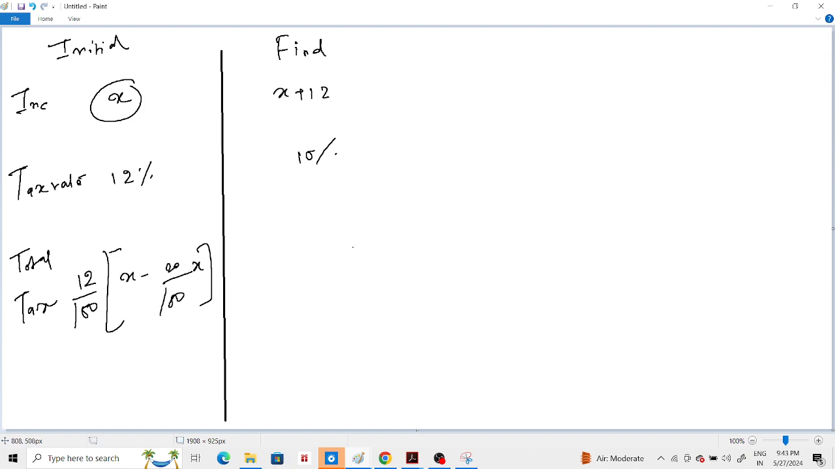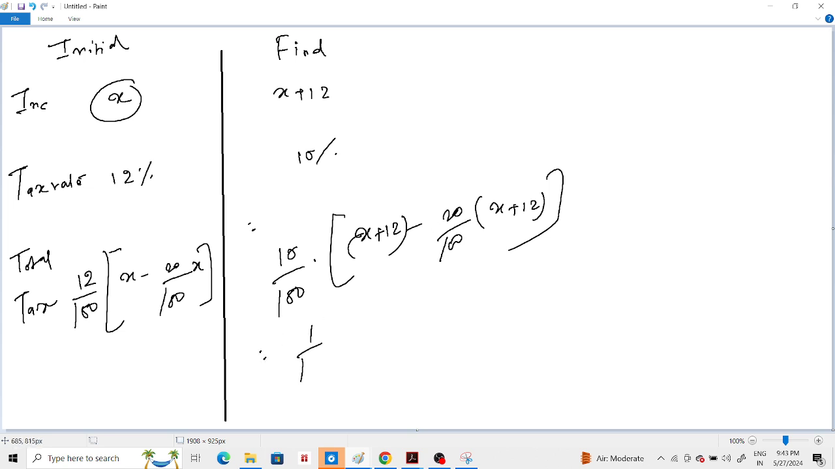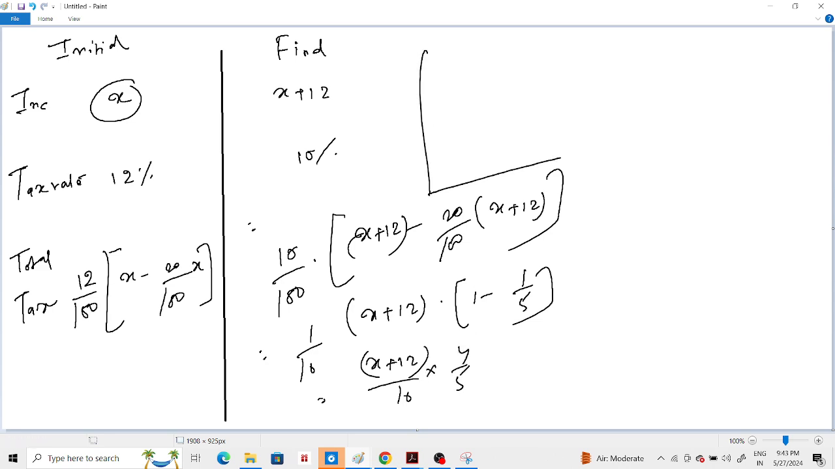Now, this one is also the same. So what is the amount of tax paid over here? 10% of x plus 1200 minus 20% of x plus 1200. Okay, so I can just cut it out and I can get 1 by 10. X by 12 taken common, 1 by 1 minus 1 by 5, so 4 by 5. So if I simplify this one a little bit,